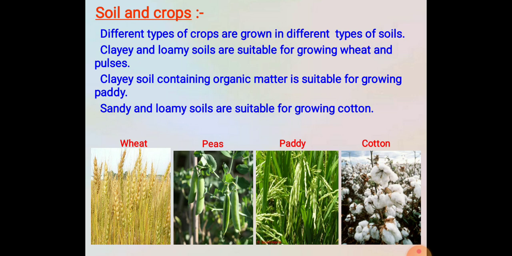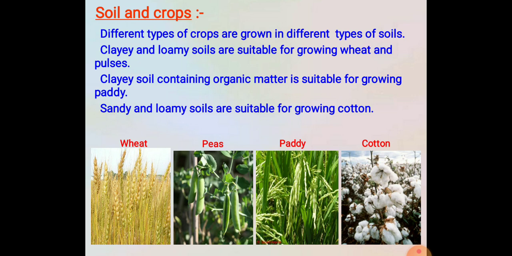They are mutually interdependent because without soil, crops cannot be grown. Clay soil has a very good capacity to retain water, thus it is required for growing paddy. Water drains out from sandy soil easily, so it is required for growing lentils.